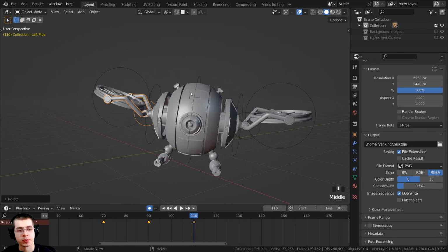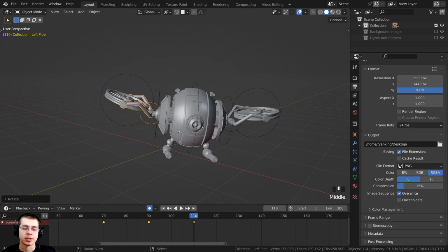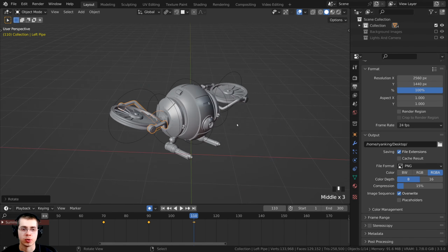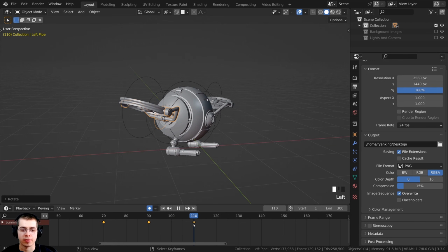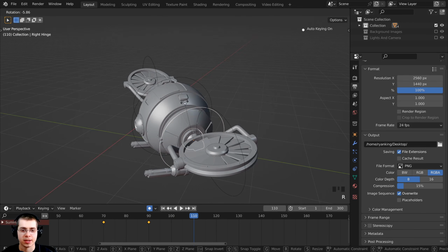Now because he's rotating over, I want the fans to be rotating in separate directions, and that way it's going to push the air and make him look like he's actually rotating. It's going to look more realistic. So you can see as he rotates over at frame 110, I need to select this object here, and I